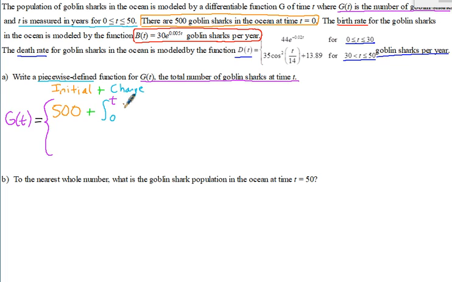So for this one, the overall rate of change derivative is what has to go inside the integral. So we've got the birth rate b of t. You could write 30e to this, or this one is not piecewise, so it's always the same, no matter what interval we're looking at. So you could just write b of, but rather than t, remember we only want to substitute in the time for the upper limit here. So you have to switch the variable. It stays the same function, but switch the variable to something like x, so b of x. All that means is it would be 30e to the 0.005x instead of t, same function. And then minus